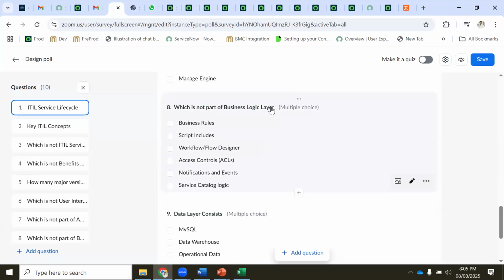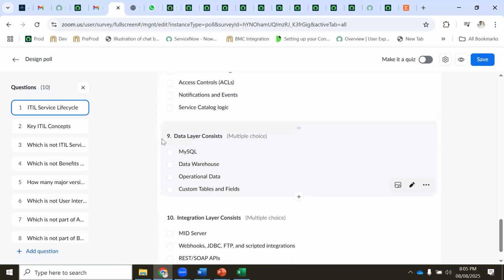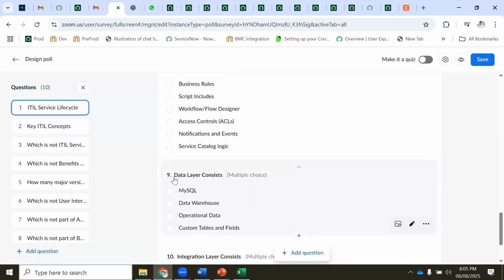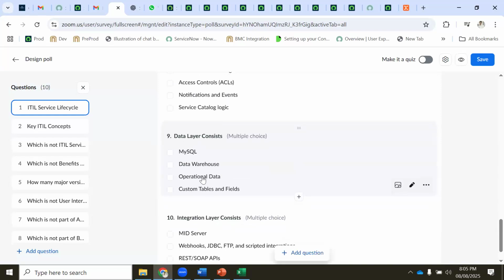I know today is the toughest exam because I'm asking most of the times "not", because you should be going through these ones. Okay. Ninth one is data layer consists. What is this?